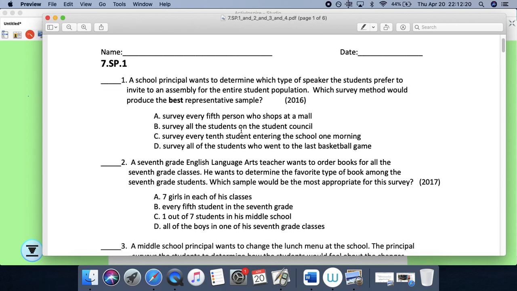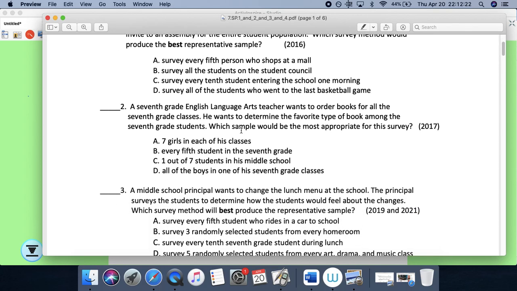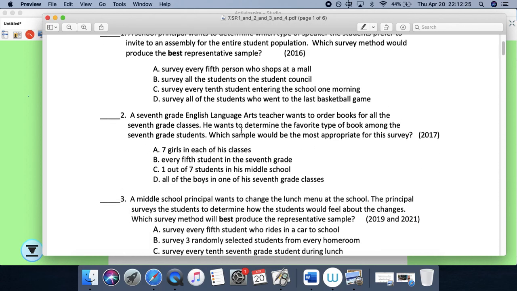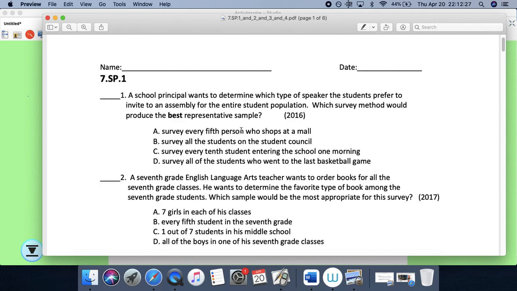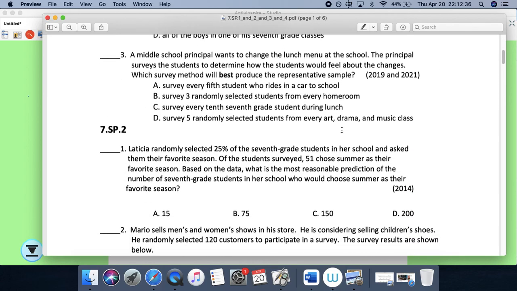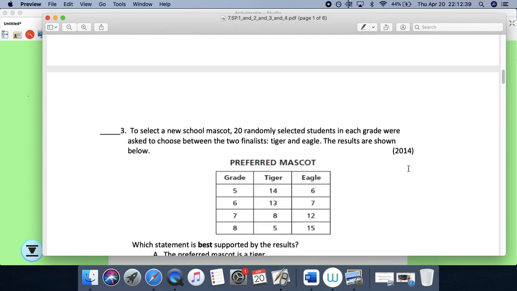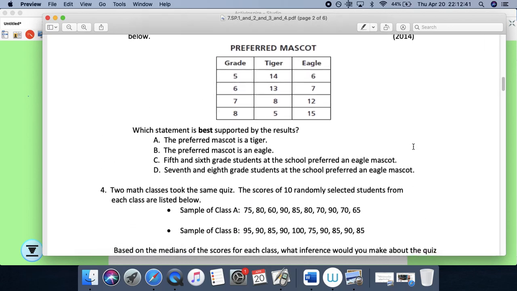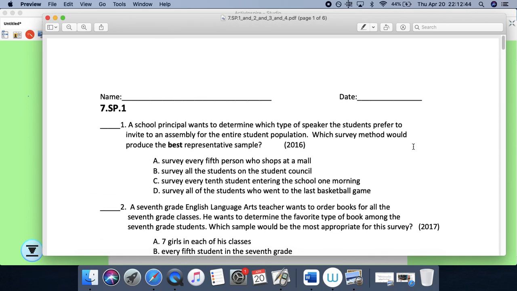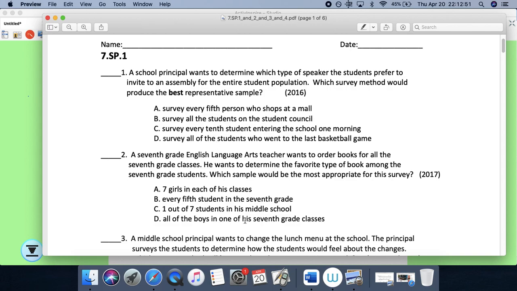Statistics, and like I said, some of these questions you've seen before. This particular set, the file that you have, is all the questions on statistics from, I guess, 2014 up to 2021. So you get an idea of the style and type of questions that may show up in a couple of weeks. A lot of these are common sense, so I don't think you should have any problems.